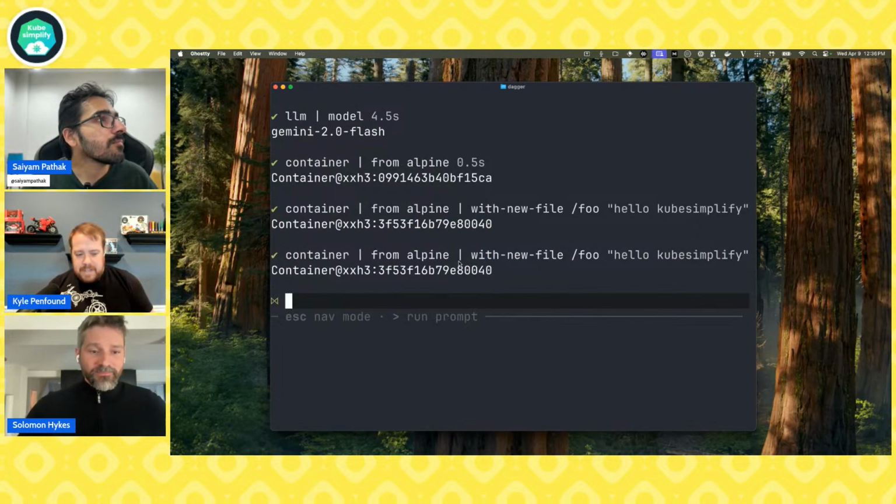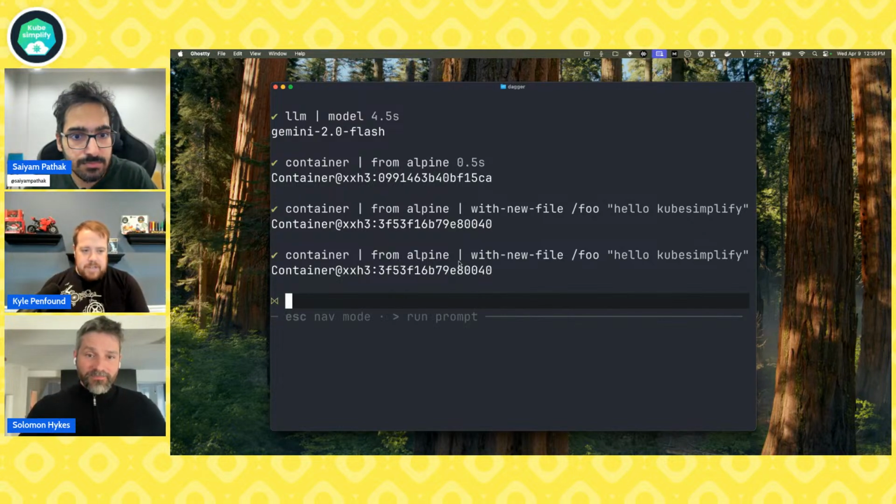So we can do that with containers, files, directories, and also now LLMs, right? Like we saw when I said LLM pipe model. So we're going to use all these building blocks in code in a minute here to actually write our first agent. But what's really cool is that before we write that agent, we can already start interacting with our